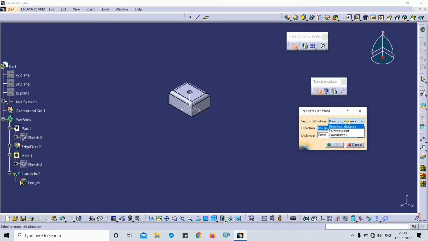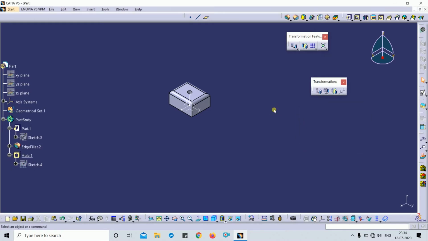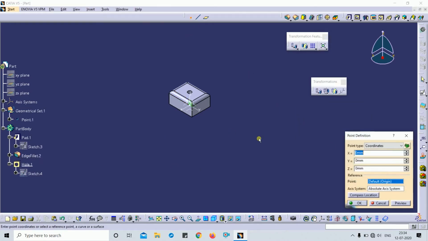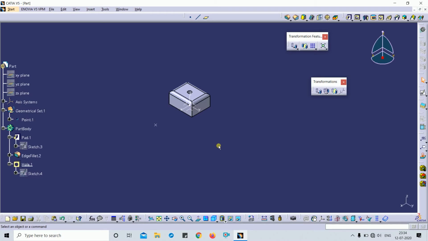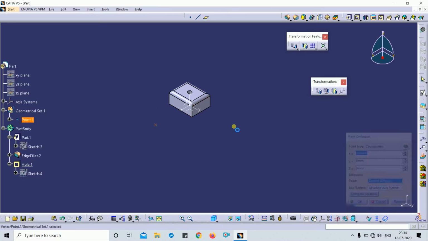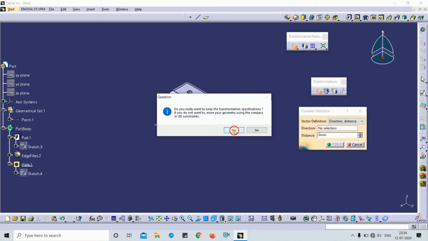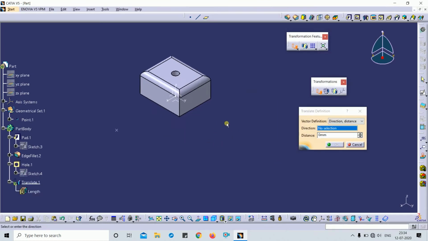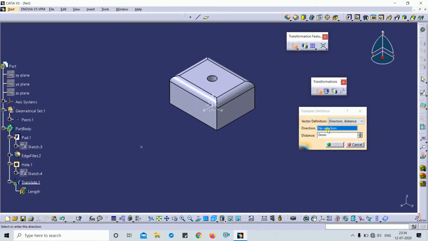The second one is point to point, so I have to take the points. First, in the x direction, I take the dimension of a point on the x direction, 150 distance. I select the translation, click OK, and this is point to point.